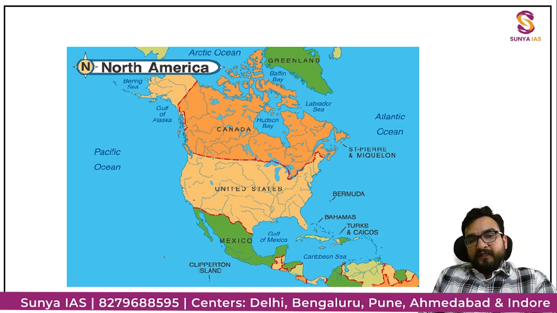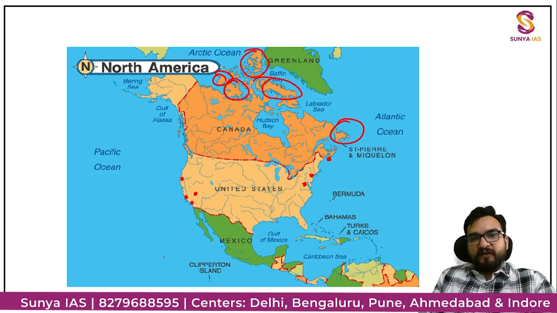And United States, I have told you some of the places. Can you mark these places over here which we have studied? Over here, Washington DC, New York. Can you remember this, Halifax, Newfoundland Island? Can you remember these particular areas we have studied? These islands: Banks, Victoria, Ellesmere, Baffin Island. This is Alaska. So this is the political feature which we have tried to understand, right?